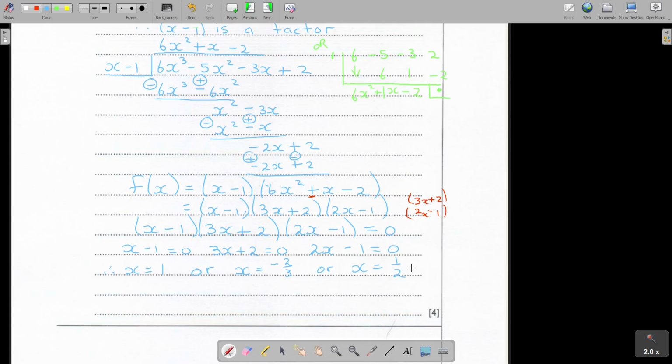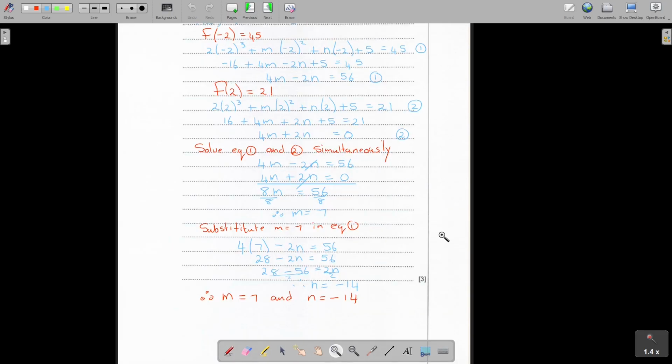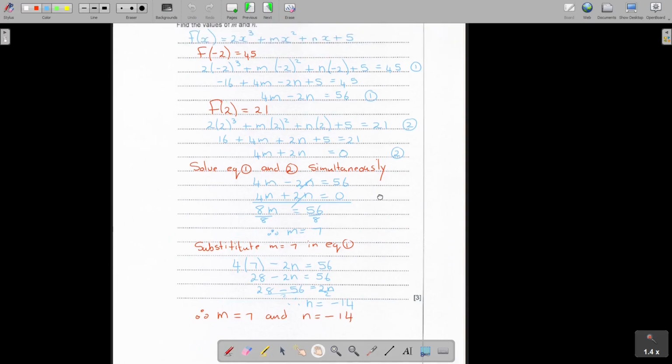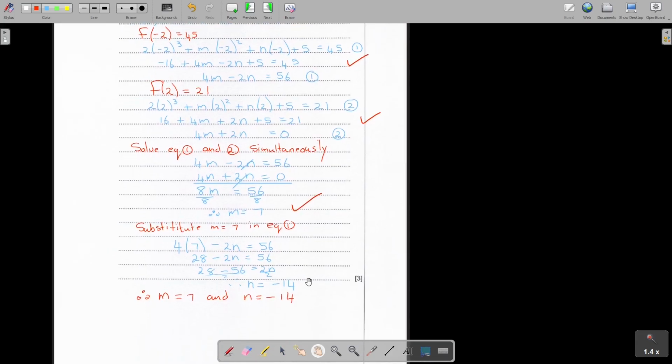I forgot to show you the marks, and I'm just giving you an idea where they will give marks. So I'm just going back at the 2 questions. Now, according to what I understand, they will give you a mark if you come to this one. So if you did the substitution and then you came to this one, say equation 1. And if you come to this equation, say equation 2, they will give you a mark. And then they gave you, if you came to 7, a mark. And if you came to negative 14, you get the mark. So that was, oh, it was just 3 marks, I see.